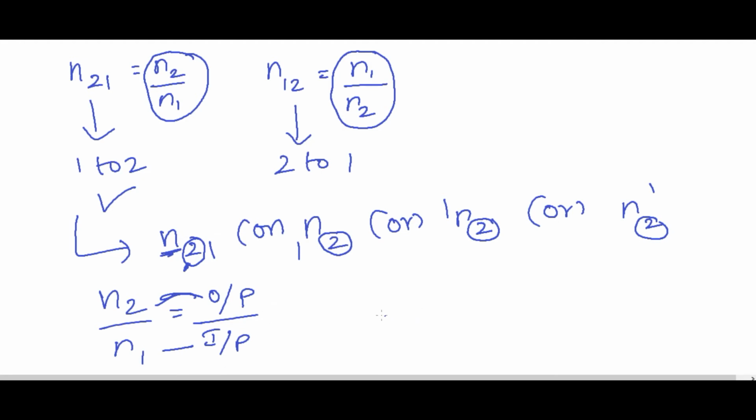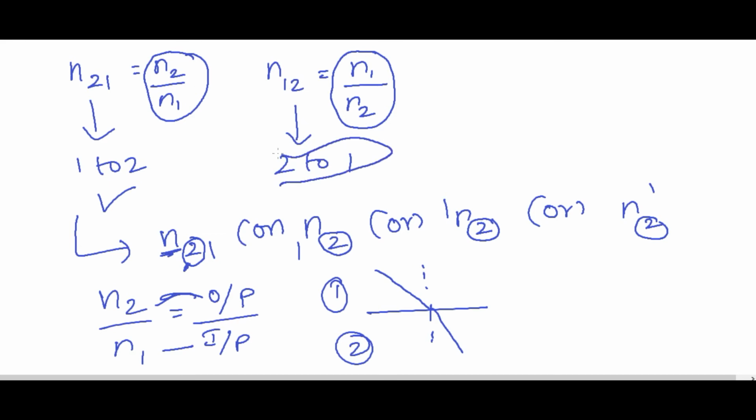That means in our diagram the light ray entered in the first medium and then it got refracted in the second medium. So it is from 1 to 2. Which is the final output? 2. That's why 2 is there and 1 is there. Now you can see very easily, you can even explain by yourself. What is the story then? Now it is 2 to 1. That's what I represented over here: 2 to 1.